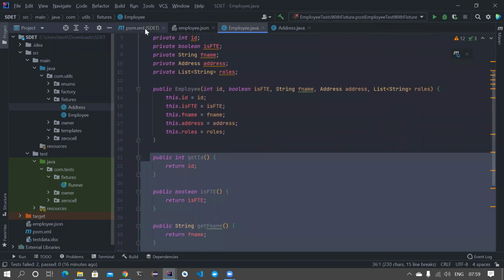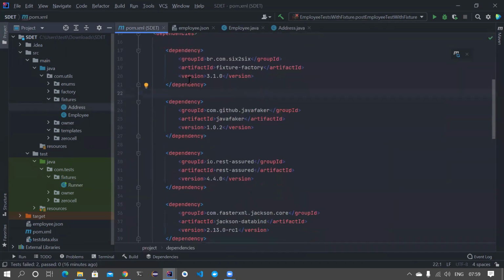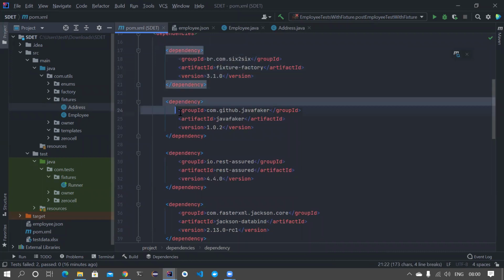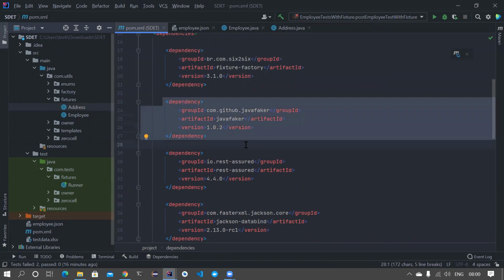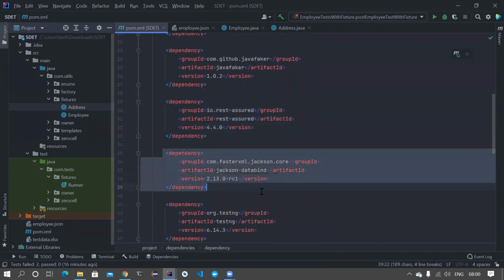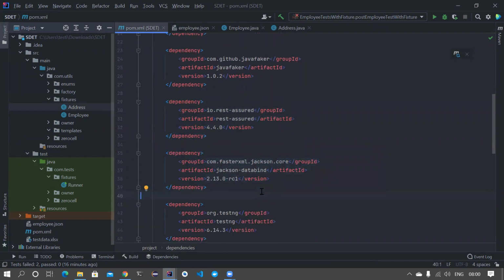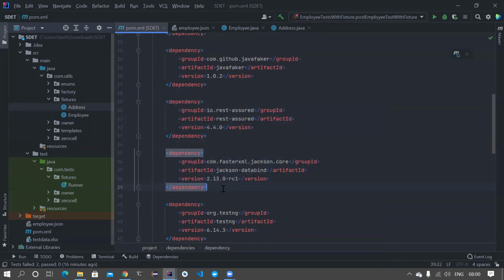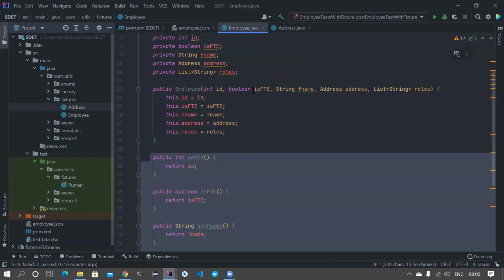Good. And in our pom.xml, I have added certain dependencies. One is Fixture Factory. That's the hero for today's topic. And we have Java Faker. If you want to generate random first names, last names, addresses, all those things, you can use this. It's predominantly used in Rest Assured, so I'm also trying to give an example from Rest Assured in the test automation space. But wherever you are using Pojo, you can use the same concepts. I'm also using Jackson Databind for the serialization to happen. Rest Assured doesn't have its own serialization capability, so we are going to use Jackson for that. Good. So I have already done this.